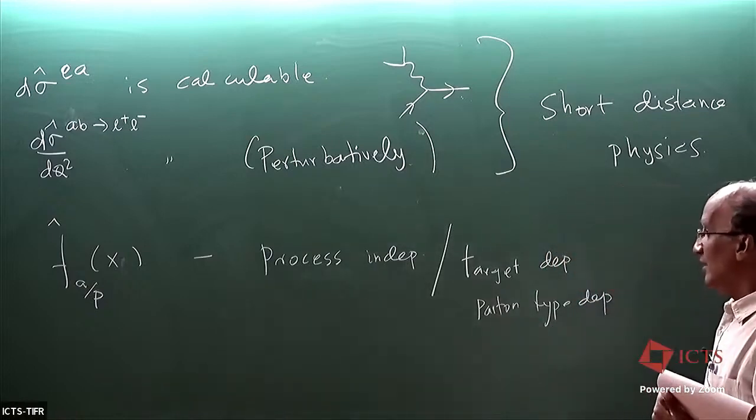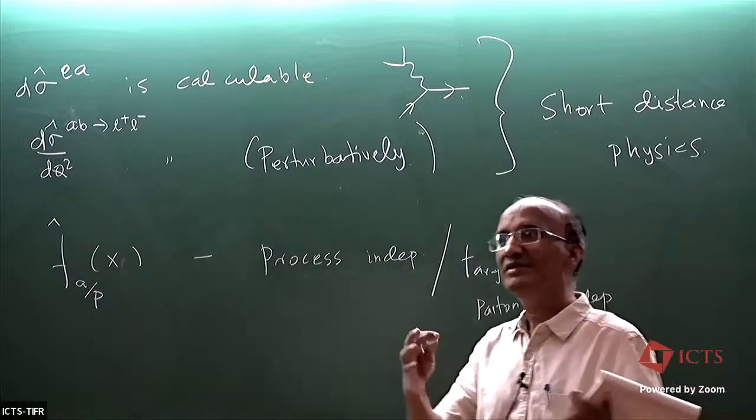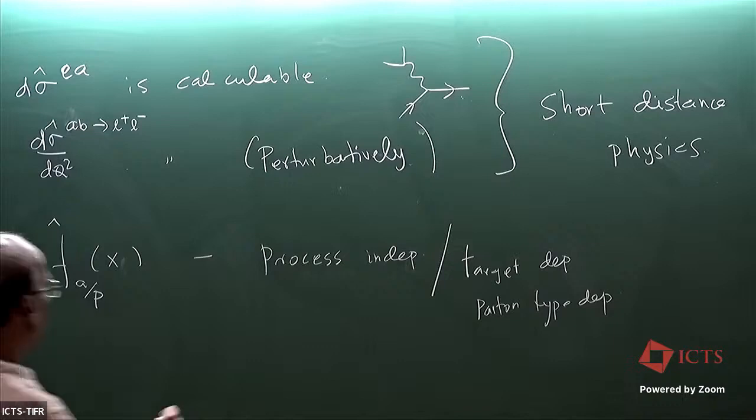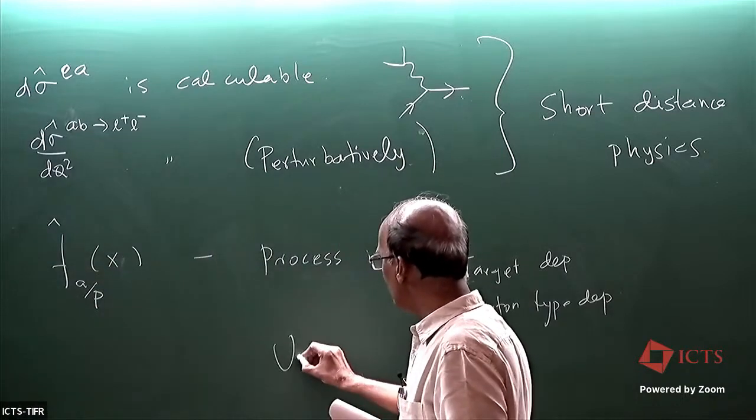Okay. So it is a universal part of this entire physics program, right? It does not know which process you are looking at, which scattering cross section you are looking at, which lab you are looking at, where we are looking at, nothing. Okay. It's something very universal about that particular hadron. Is that correct? Sorry? Target dependent, because it depends whether it's a proton or a neutron. Okay. So it's a universal quantity. It is very specific to a particular hadron, okay, and a particular type of hadron. So it's a universal